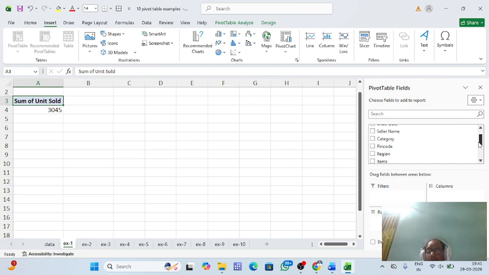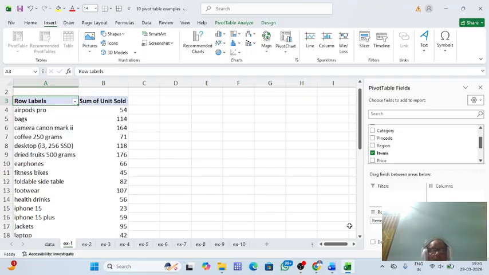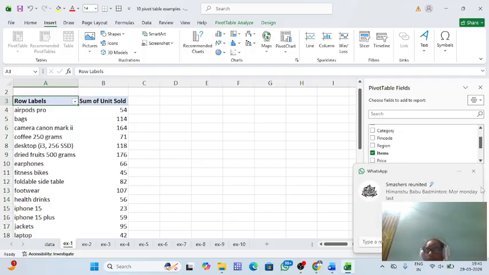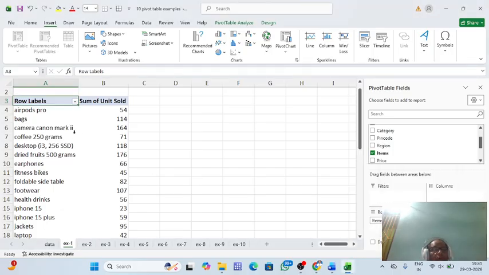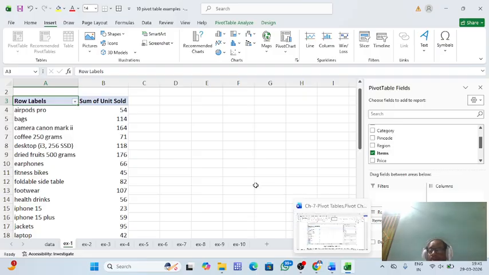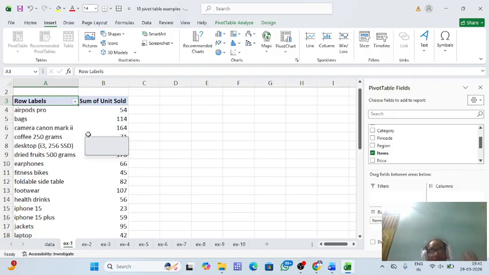What do I say? These items. Okay, you click on items, and it will show the items along with the units sold. So when you are having large data, this is how you will get extracted data by using a pivot table. Okay, so this is done. We have created a table of item wise units sold, and